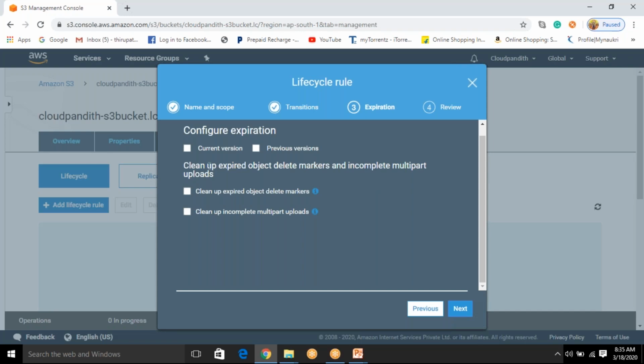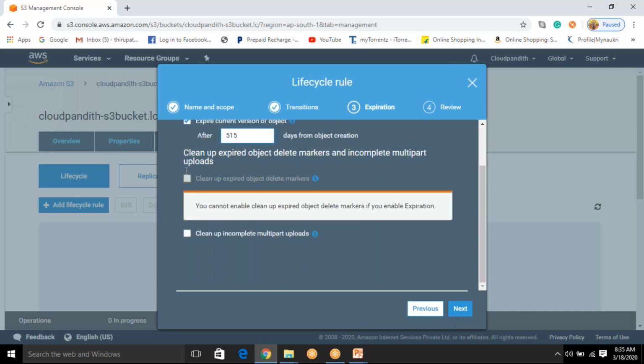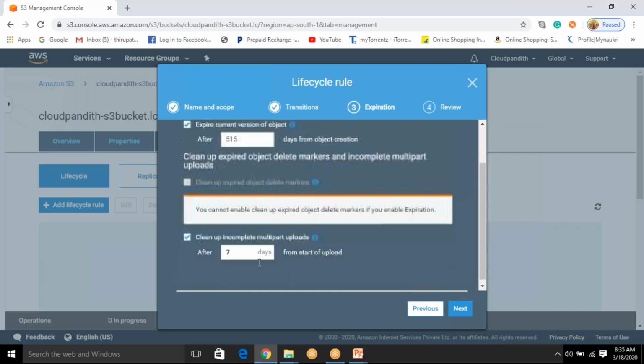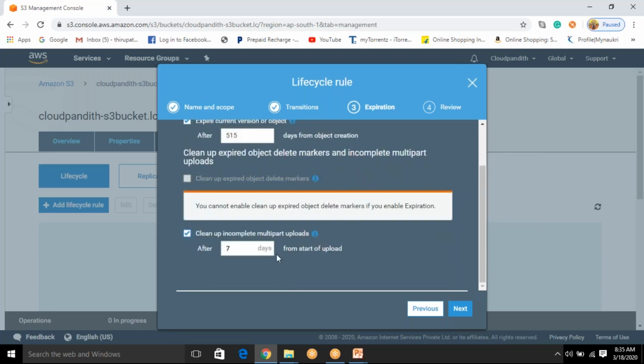So in all those cases, for the current version, I want to complete all incomplete multi-part uploads. Just click on clean up all incomplete multi-part uploads. Okay, friends, so I'm going to clean up after seven days. Let's say today I started uploading the file, so it got stuck. Today I am not going